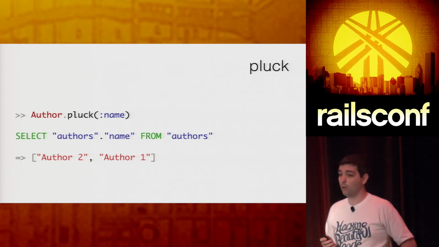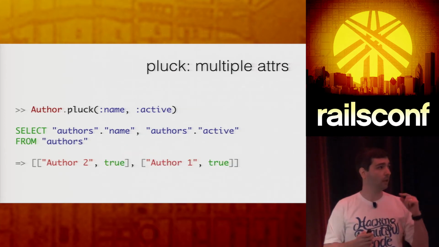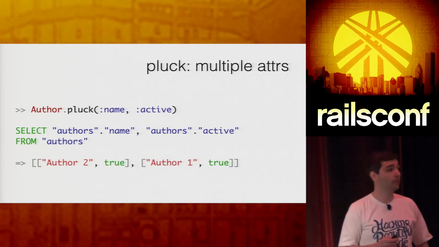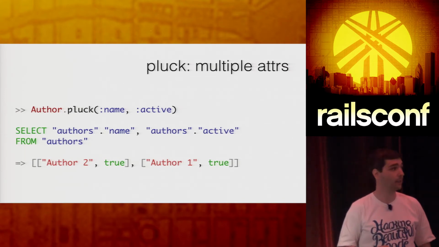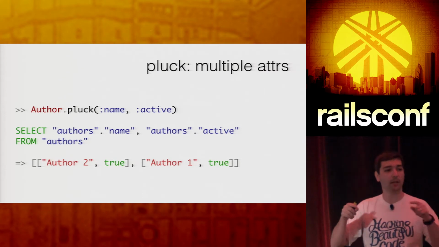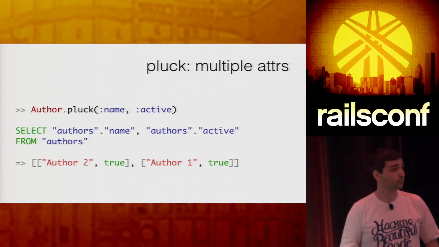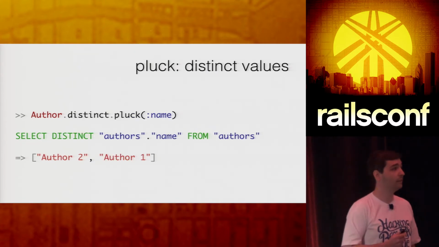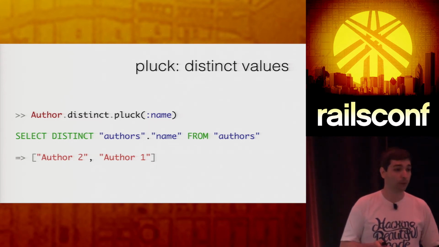But people have only used that more for grabbing only one attribute, and pluck allows you to do more than one attribute at the same time. So you can grab a list of more attributes from your database, rather than have to match them and create an array manually, right? Which is cool. Another thing that is really nice with pluck is that you can combine that with a distinct clause, so it's gonna query distinct values for you.